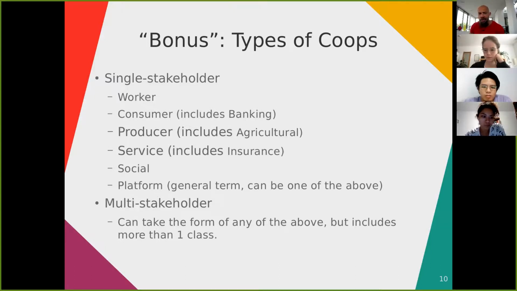So, first of all, I think the most important distinction between the types of cooperatives is between single and multi-stakeholder. You do see an increasing popularity or consideration for the multi-stakeholder model nowadays. It's very popular. Also in the literature, there are a lot of different studies at the moment and even legislation that's being created.